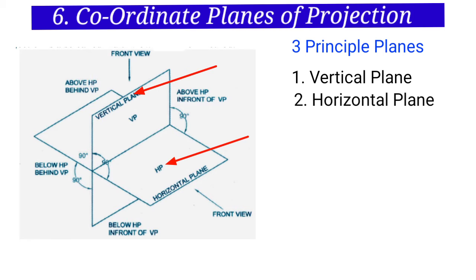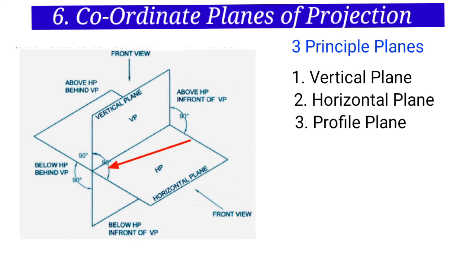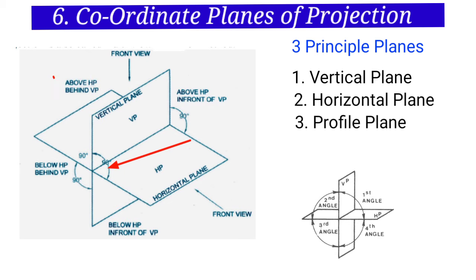The third plane, set up perpendicular to the vertical and horizontal planes, is called a profile plane, that is, the PP. The horizontal and vertical planes, which are called the principal planes, divide the whole space on one side of the profile plane into four quadrants, called the four dihedral angles or quadrants. The figure illustrates the coordinate planes and the four quadrants.